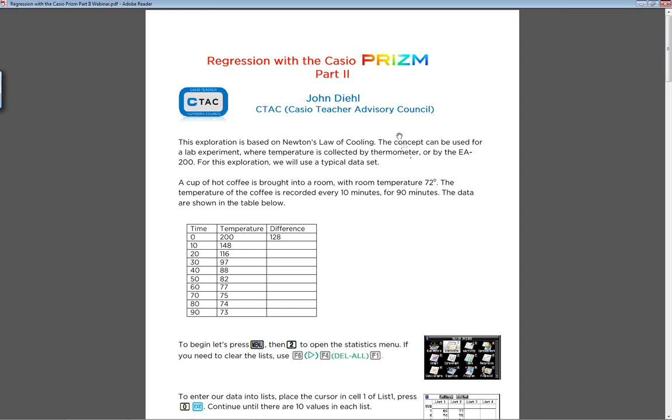As some of you know, one of my beliefs when we do statistics examples is to try to do them in context and use some realistic data. I think this is a very realistic example.